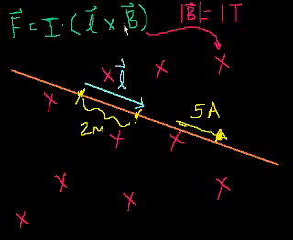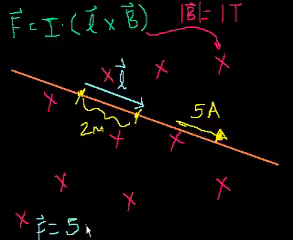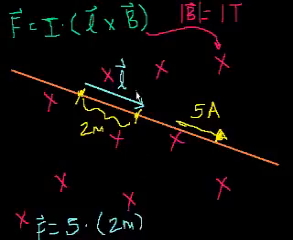I is 5 amperes, and we already figured out that the magnetic field is 1 Tesla. So what's this going to be equal to? The force is going to be equal to, we're using all SI units, so we don't have to convert anything, 5 amperes times 2 meters in that direction. I won't specify it right now. We can just say that's the magnitude of L. Actually, let me write it. Well, 2 meters times the magnetic field,